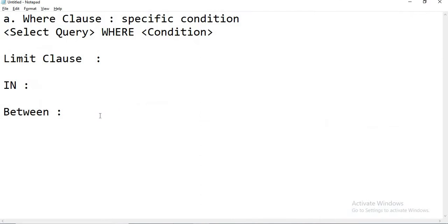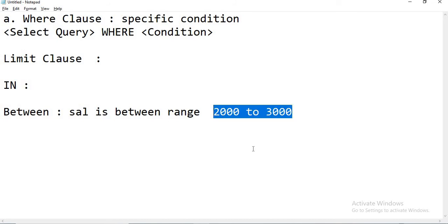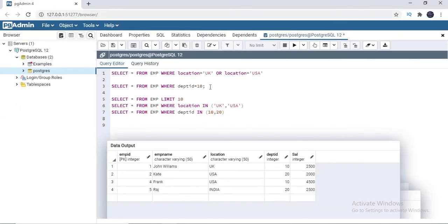You need the list of employees whose salary is between a range, maybe between 2000 and 3000, or 3000 and 4000. Here you will get the list of records whose salary is between 2000 and 3000, including 2000 and including 3000. Now let me apply a query here and show you the data.